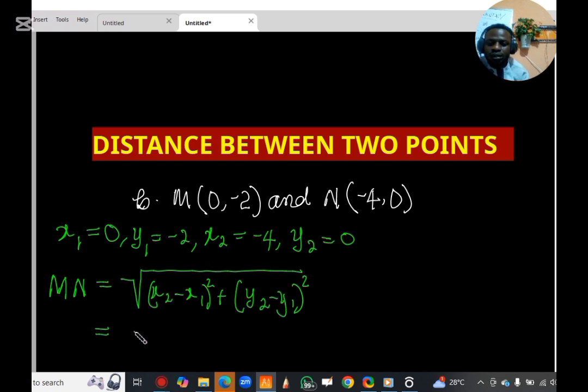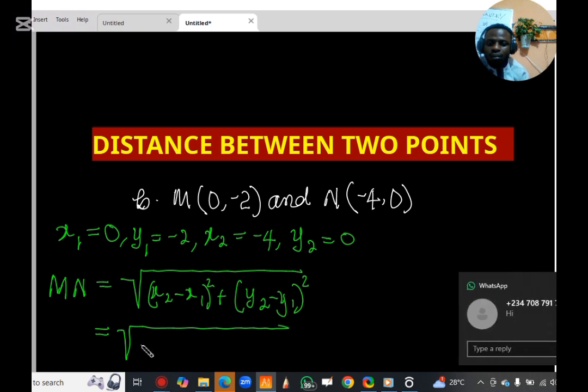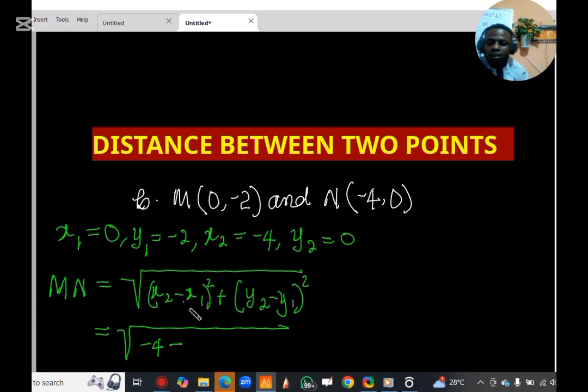Our x2 is negative 4 minus our x1 is 0, all squared, plus our y2 is 0 minus our y1 is negative 2, all squared. So we have that our MN equal to